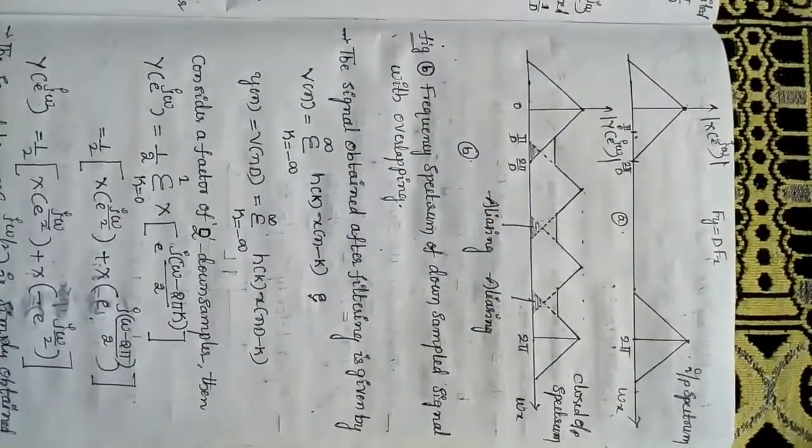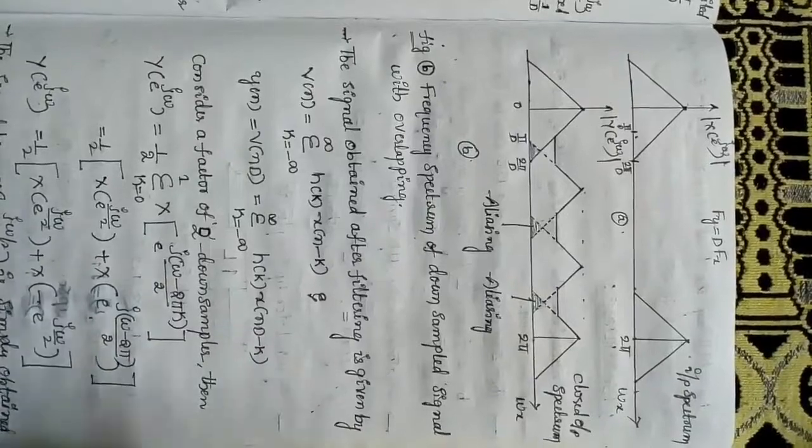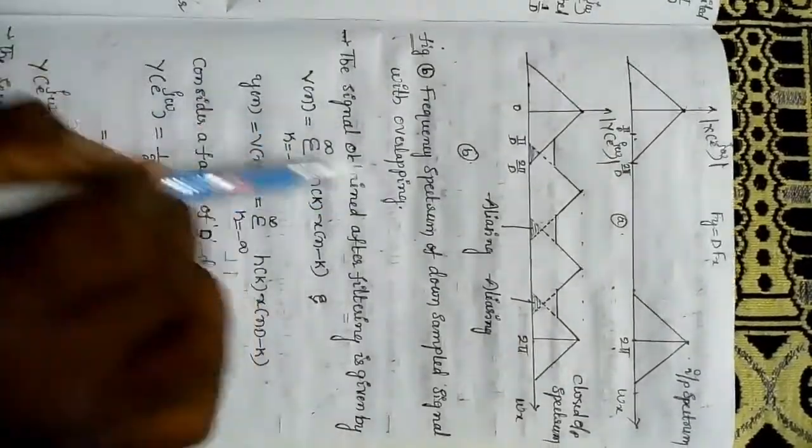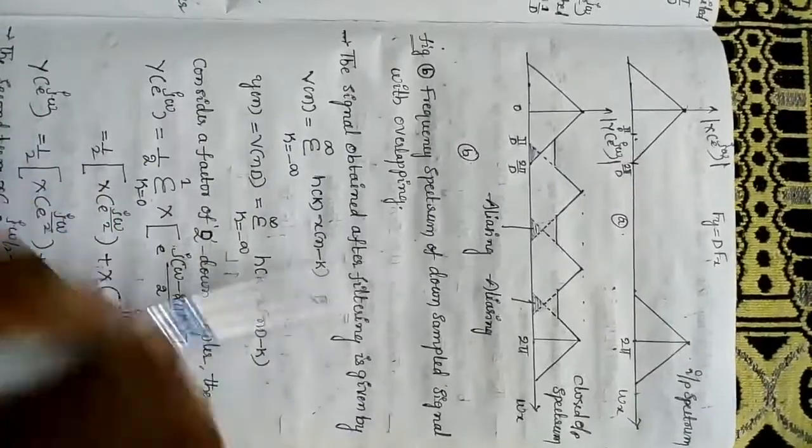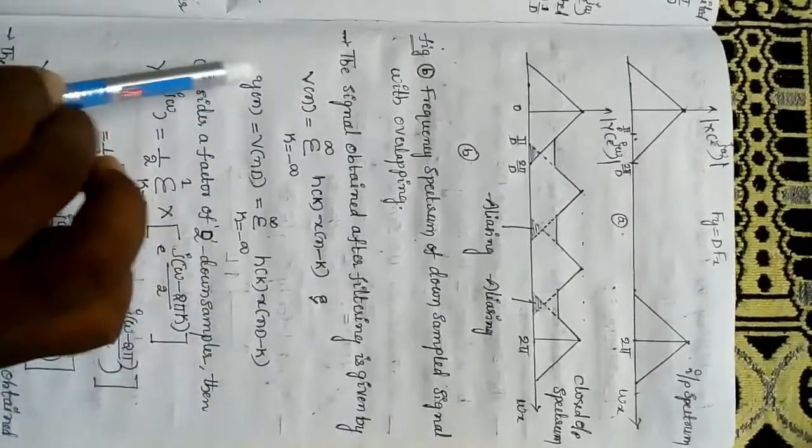The signal obtained after filtering is given by v of n is equal to summation k equal minus infinity to infinity h of k x of n minus k. That is the downsampled signal y of n is equal to